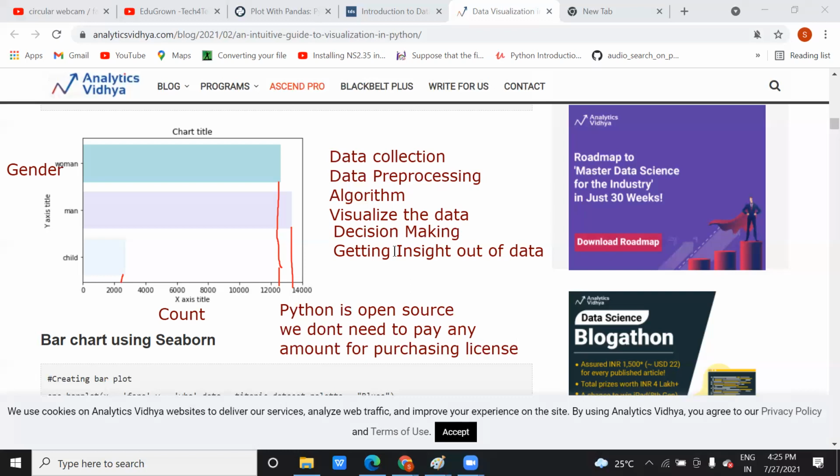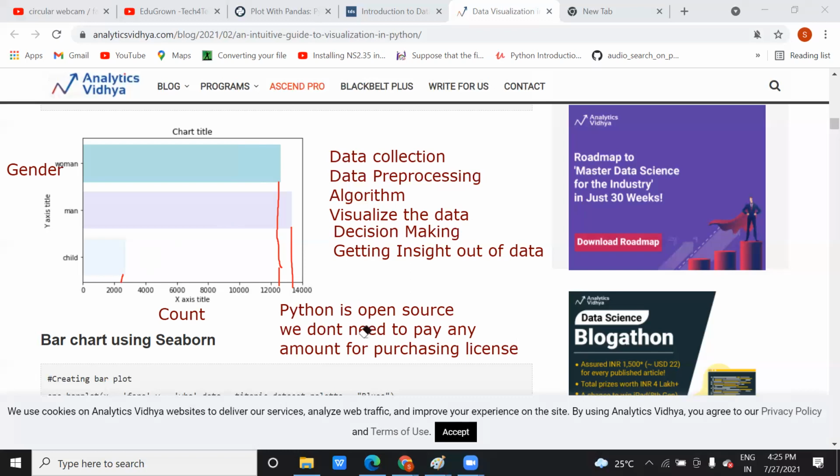It will help you to make a decision based on the prediction, or it will give you insight out of the data, meaning it will give you information about the data. Like here, this graph is telling you the count on the basis of gender, right? How many total women, men, children there are, like this.